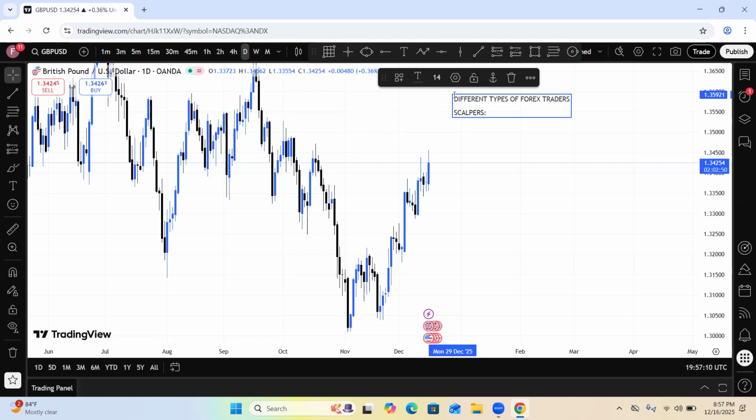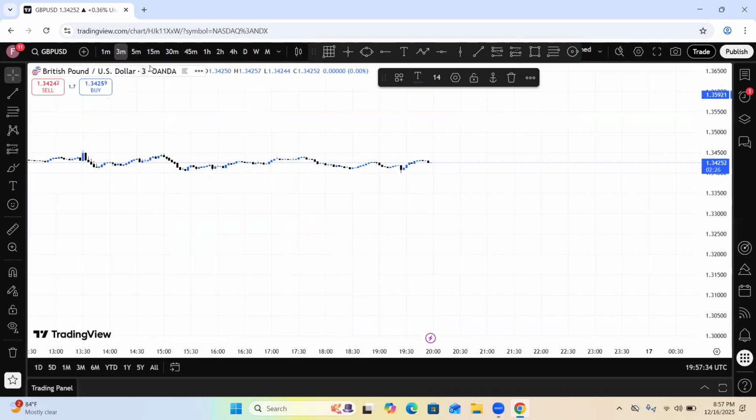So now, when we talk about scalpers, they aim for tiny profits, and they are trying to catch quick moves. They're trying to catch the quickest move in the market. Sorry, I'm not feeling too well. So their time frame is 1 minute and 3 minutes. Sometimes they can use 5 minutes, but they focus between 1 minute, 3 minutes, and 5 minutes.